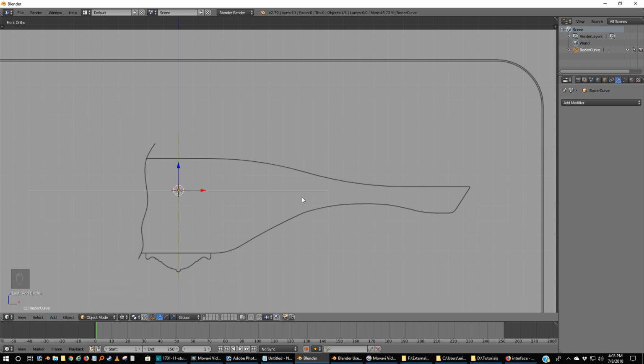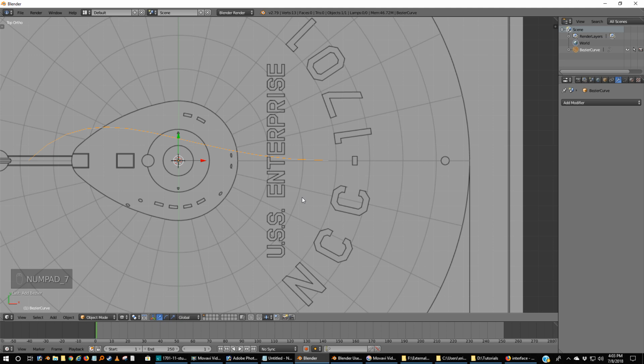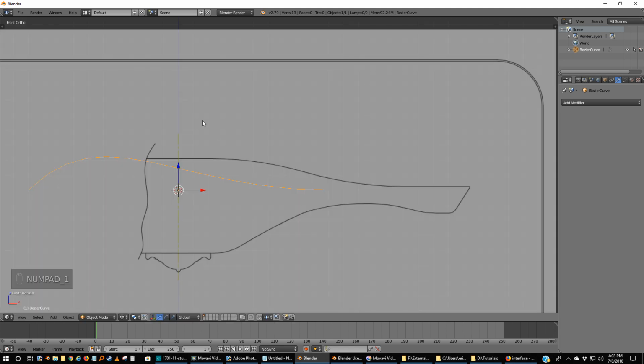We're going to do the same thing we did with the plane, because if I go to top view, you can see that there's actually a curve with this. I'm going to go to 3. I'm going to tell it to rotate 90 degrees. Actually, I'm going to rotate it 180 degrees so that the curve is up. Go to 1. Now I've got a curve, and as a matter of fact, it's actually not too bad for